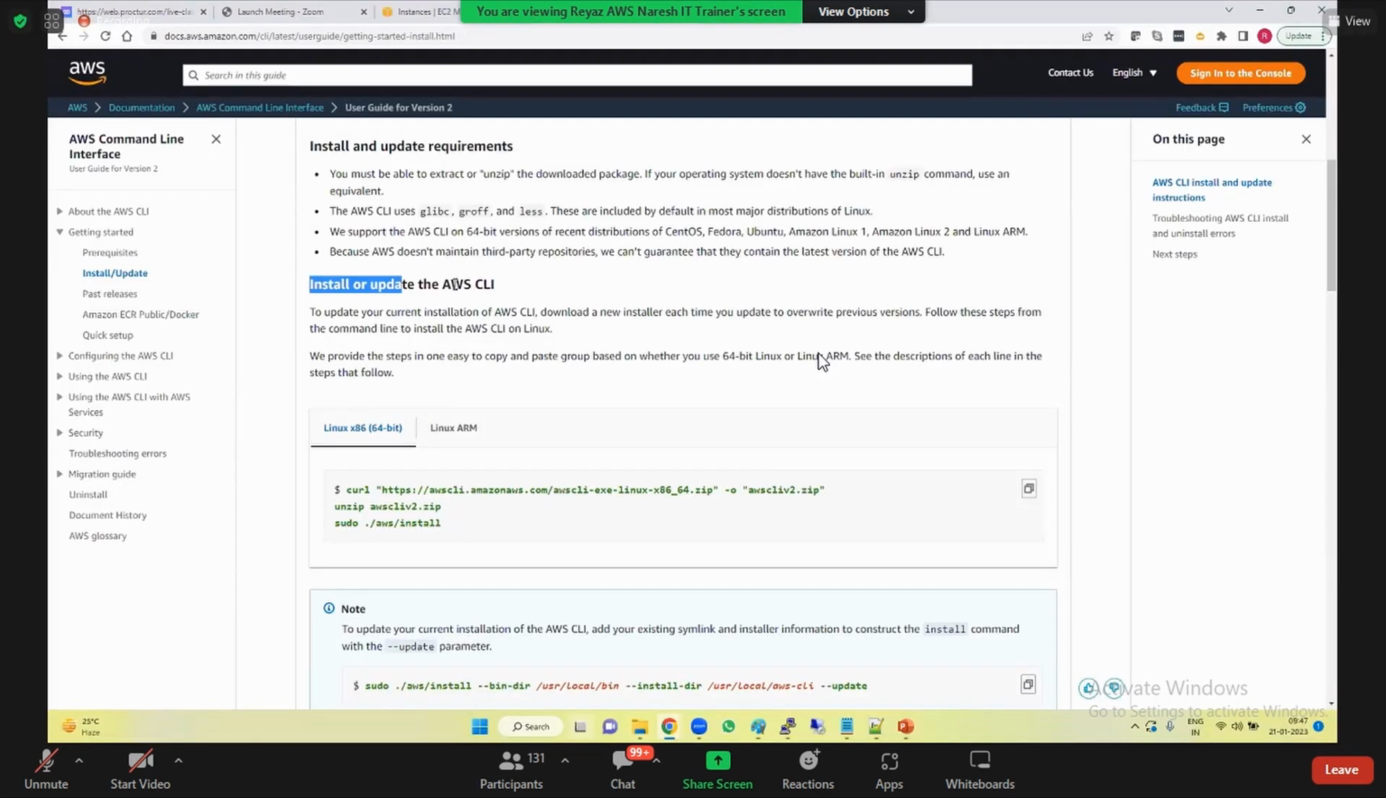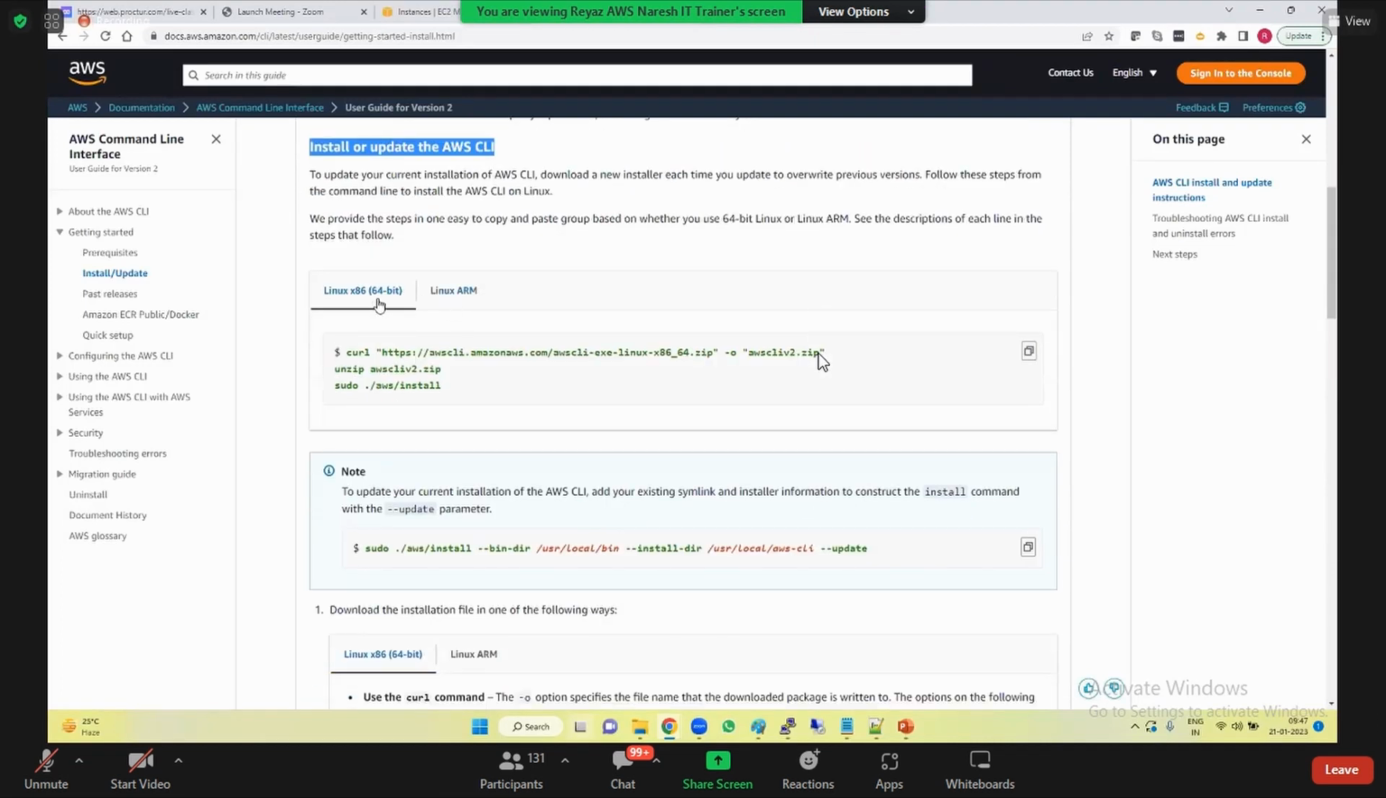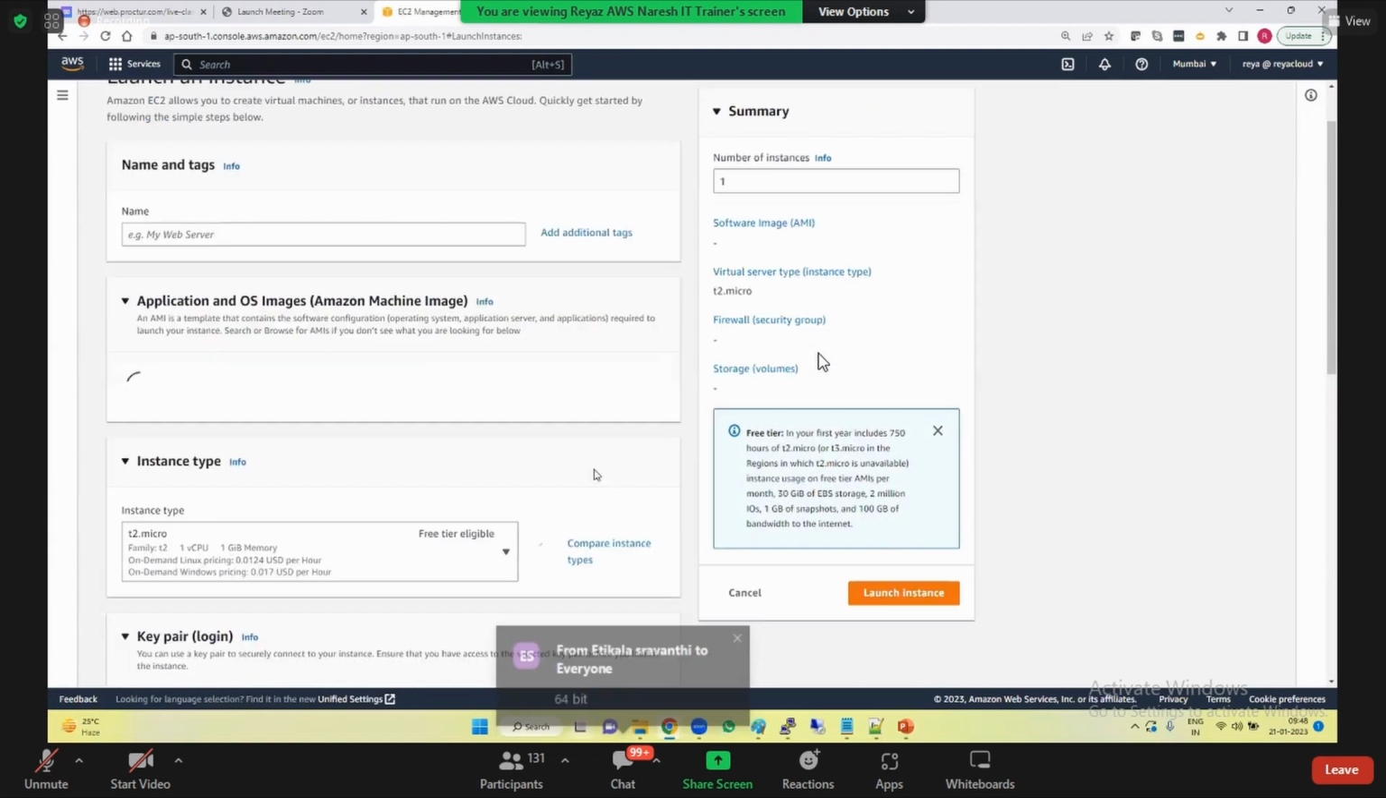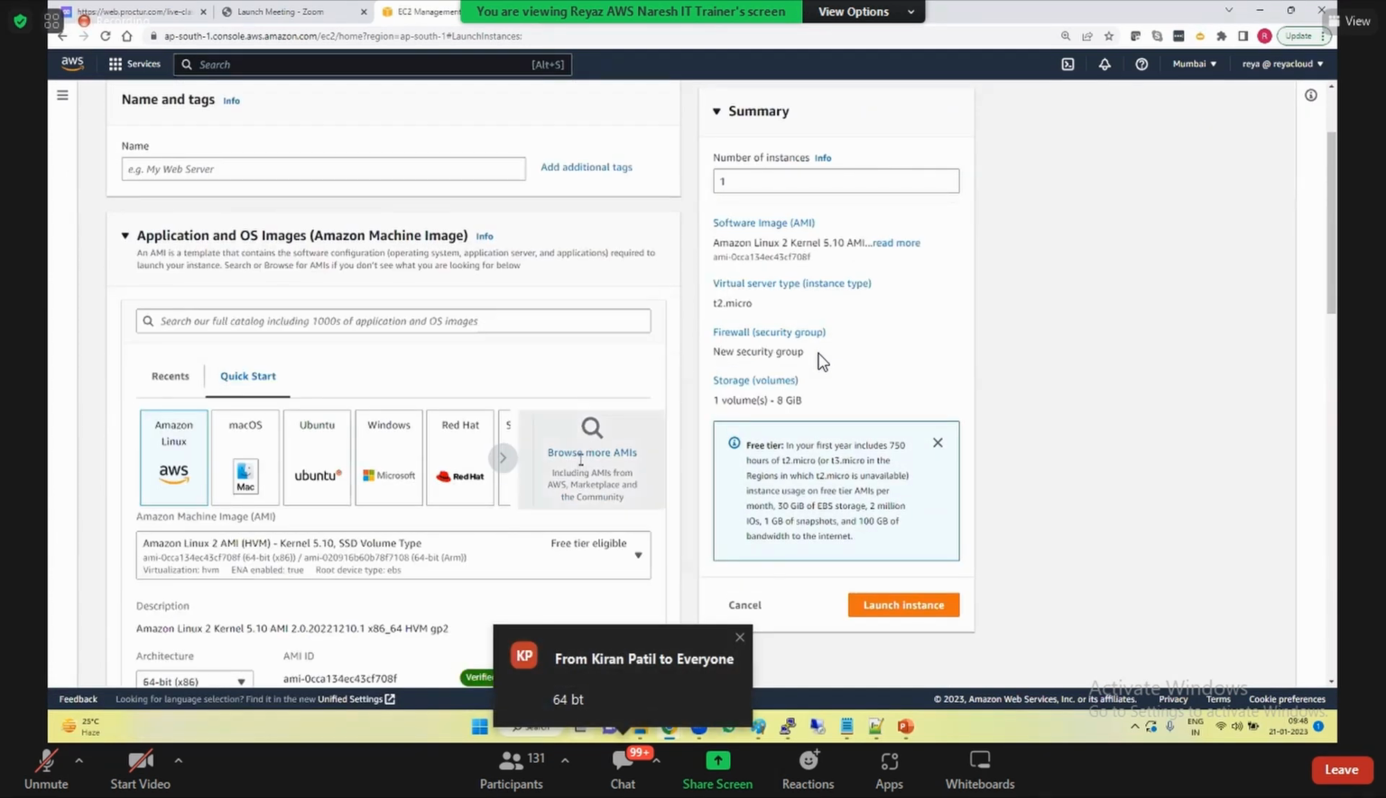Okay. So install or update. Now, which kind of architecture are we using, 64-bit or ARM? We are not using ARM, correct? Where do you see this ARM? When you're launching the EC2 instance and selecting the AMI,